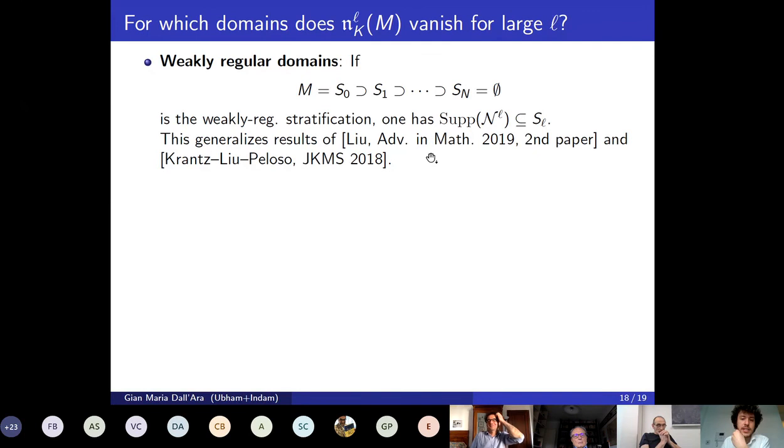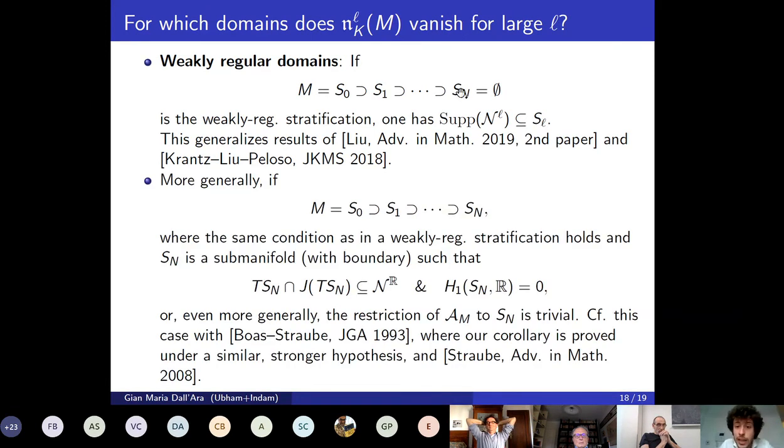So this generalizes results of Liu and also of Krantz, Liu, and Peloso, where they showed that the Dierolf-Fornæss index is 1 whenever the set of weakly pseudoconvex points is a real curve in the boundary. Here it is more general. You may allow any weakly regular domain. And finally, you may even not get to the empty set in your stratification, but get stuck at a set Sn with the property of essentially having a tangent which is included in the Levi-null distribution and, for example, trivial H1 group. In this case, also, we are able to conclude that the Dierolf-Fornæss index is equal to 1, and this is related to results of Boas and